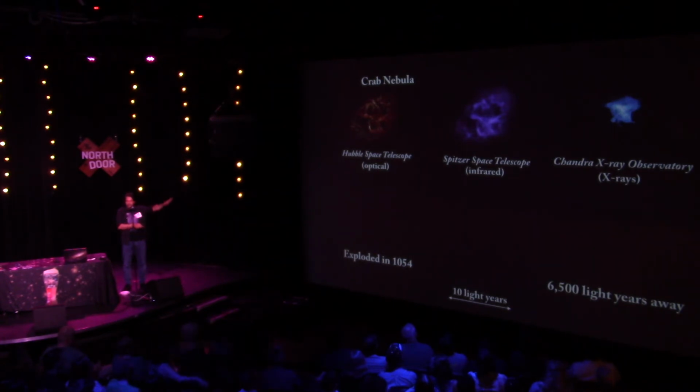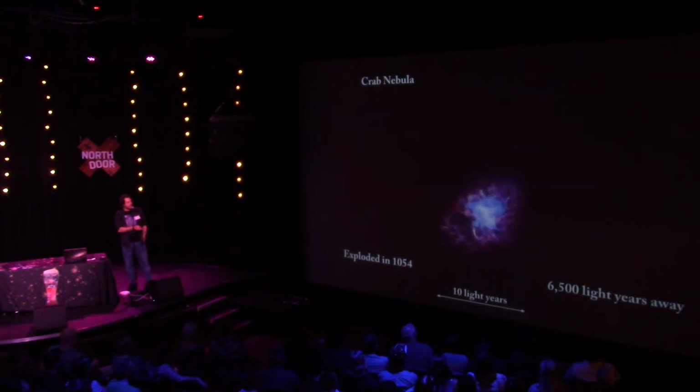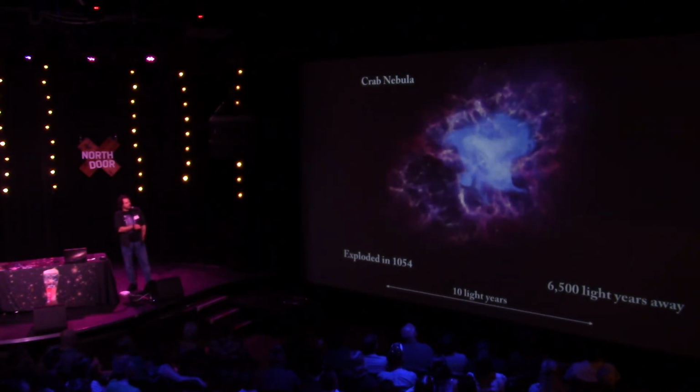And again, these are false colors. This is somewhat arbitrary how this was colored. And then with Chandra in X-rays, we see this much smaller structure shown here in the blue light. And when we put them all together, we see how they fit together in this image down here. And I will go ahead and zoom in on that. So this is about 10 light years across. And you can see how that X-ray nebula is contained within that infrared and then the optical nebula on the